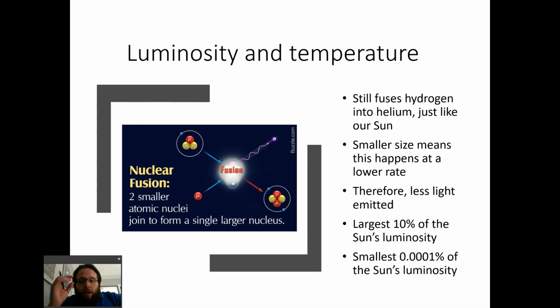So in the red dwarf star, same things that we see happening. We see hydrogen fusing into helium. Now, because it's much smaller, there's going to be less gravity, less pressure, and therefore the rate of fusion is much slower. The rate of fusion very much depends on the size